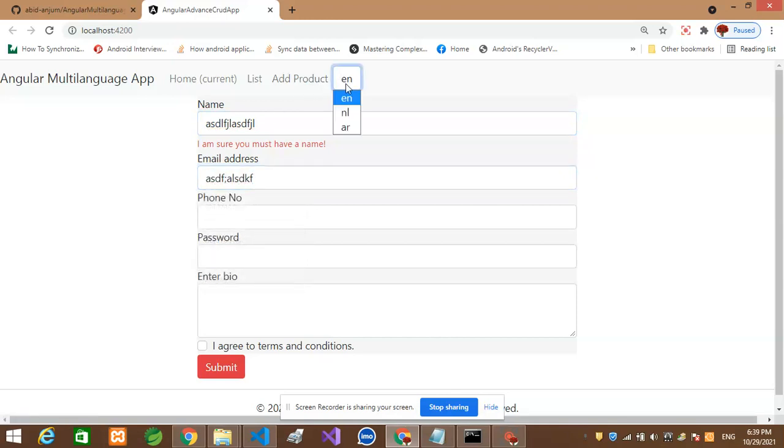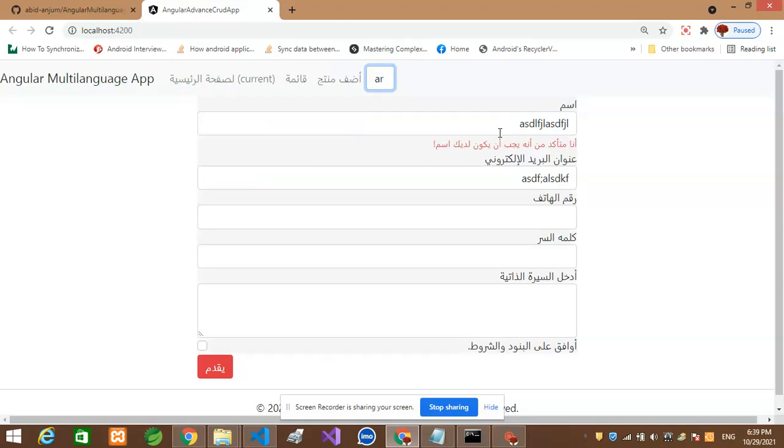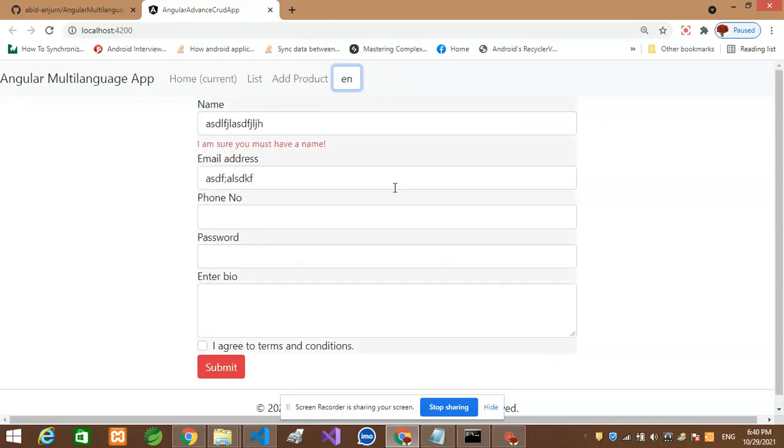If I simply go to the select and choose Arabic, what happens? Everything goes right to left, because Arabic is right to left. Yeah, this is the main feature which we achieved in this application. We have separate CSS files, which we load at runtime based upon selection.